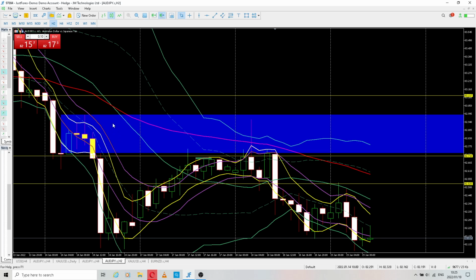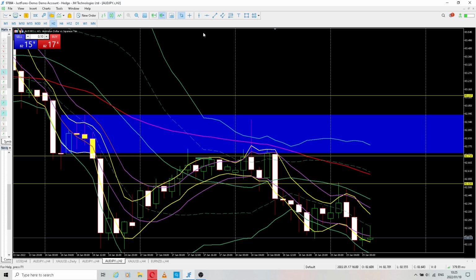And our zone here, as I mentioned, this zone is the zone that I was looking for. So the 4 hour re-entry failed. After the 4 hour re-entry failed, we had a re-entry on H12. So H12 gave us this re-entry right there. Then the market started going to the bottom side. So we are still in this trade.